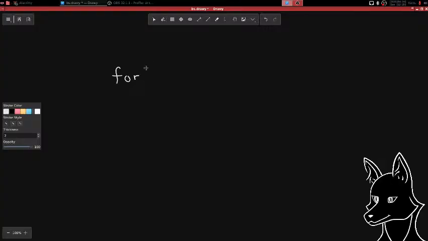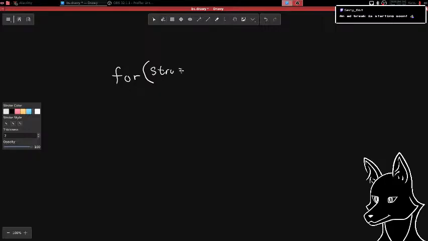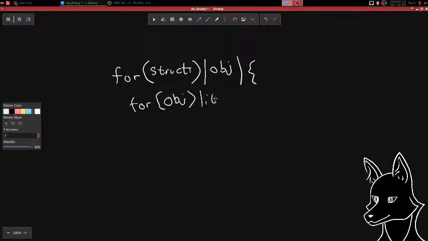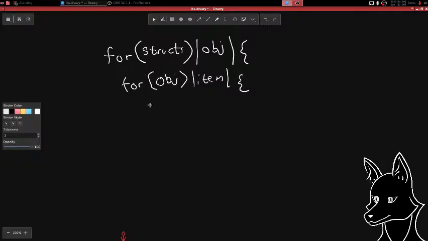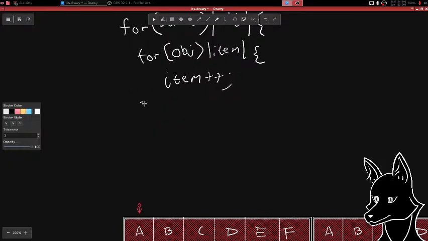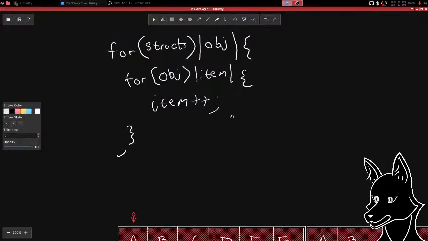Do we have a for? For each object, for each item, item plus plus. Right, if we have this code,